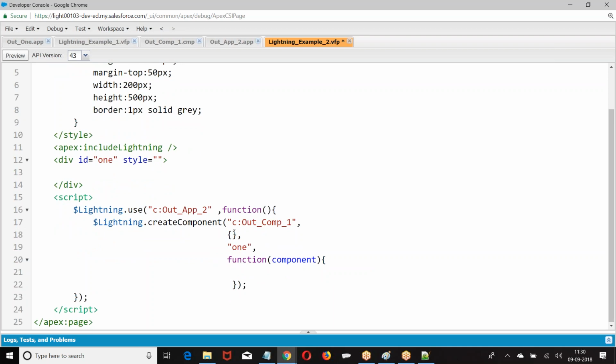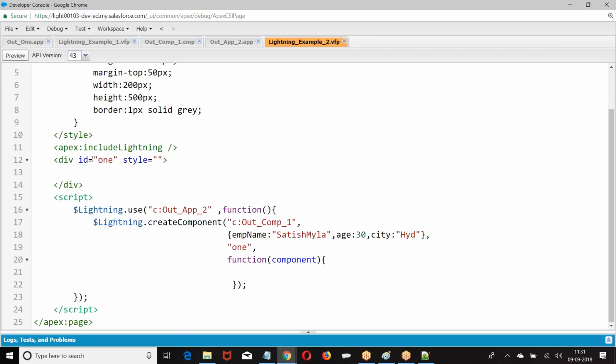Now we are giving, we are passing some attributes. Have a preview.